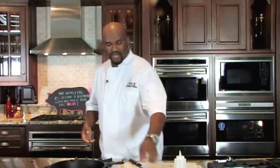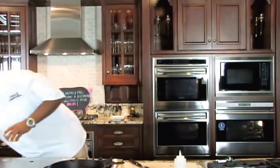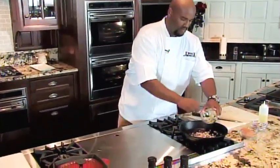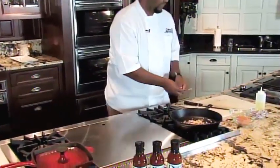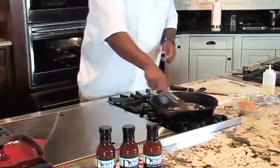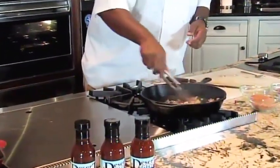So can you replace the red onion with like a shallot or anything, or do you recommend the red onion? I actually really like the red onion because they caramelize well, you get a lot of sweetness from them. You can use shallot. I'm actually going to throw in some garlic as well. About a teaspoon of garlic. And once I get my onions going real nice,